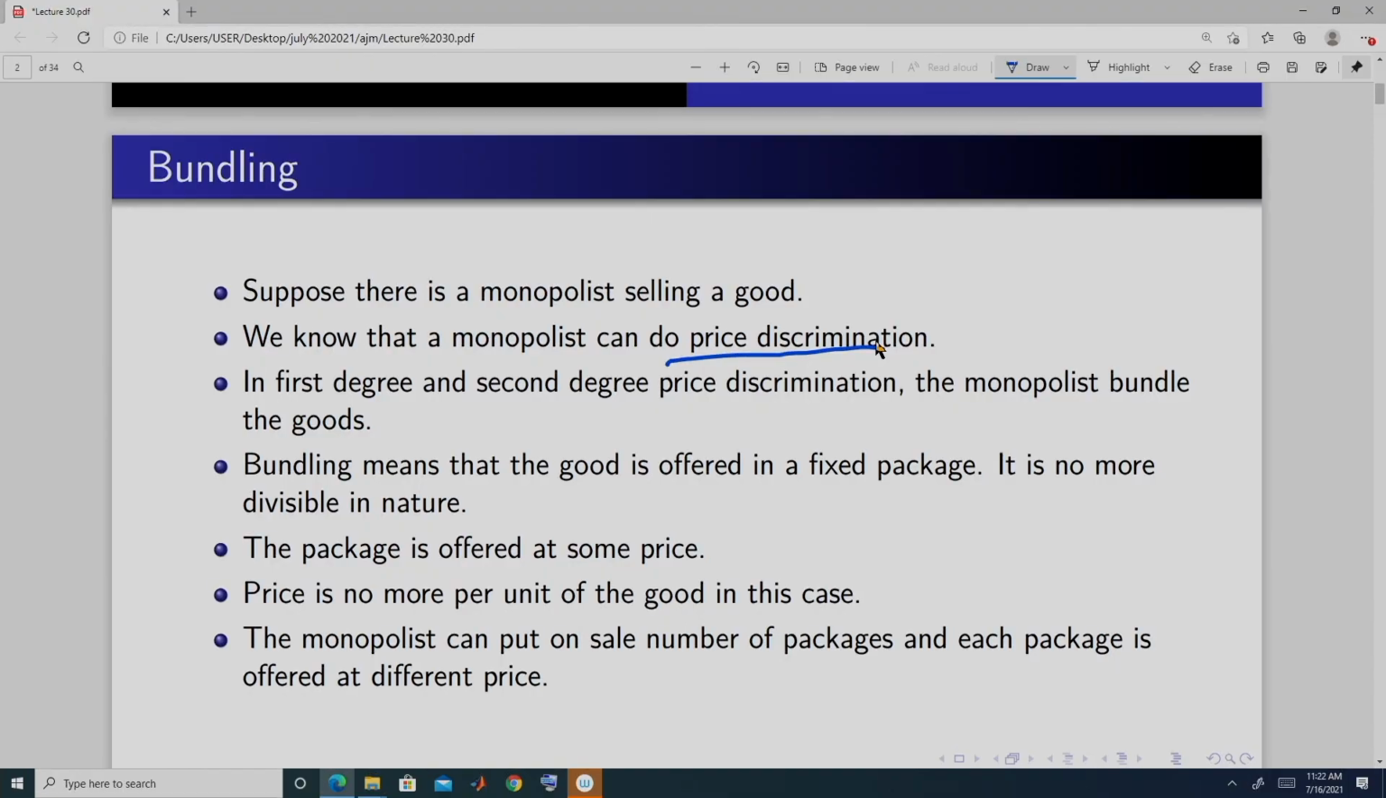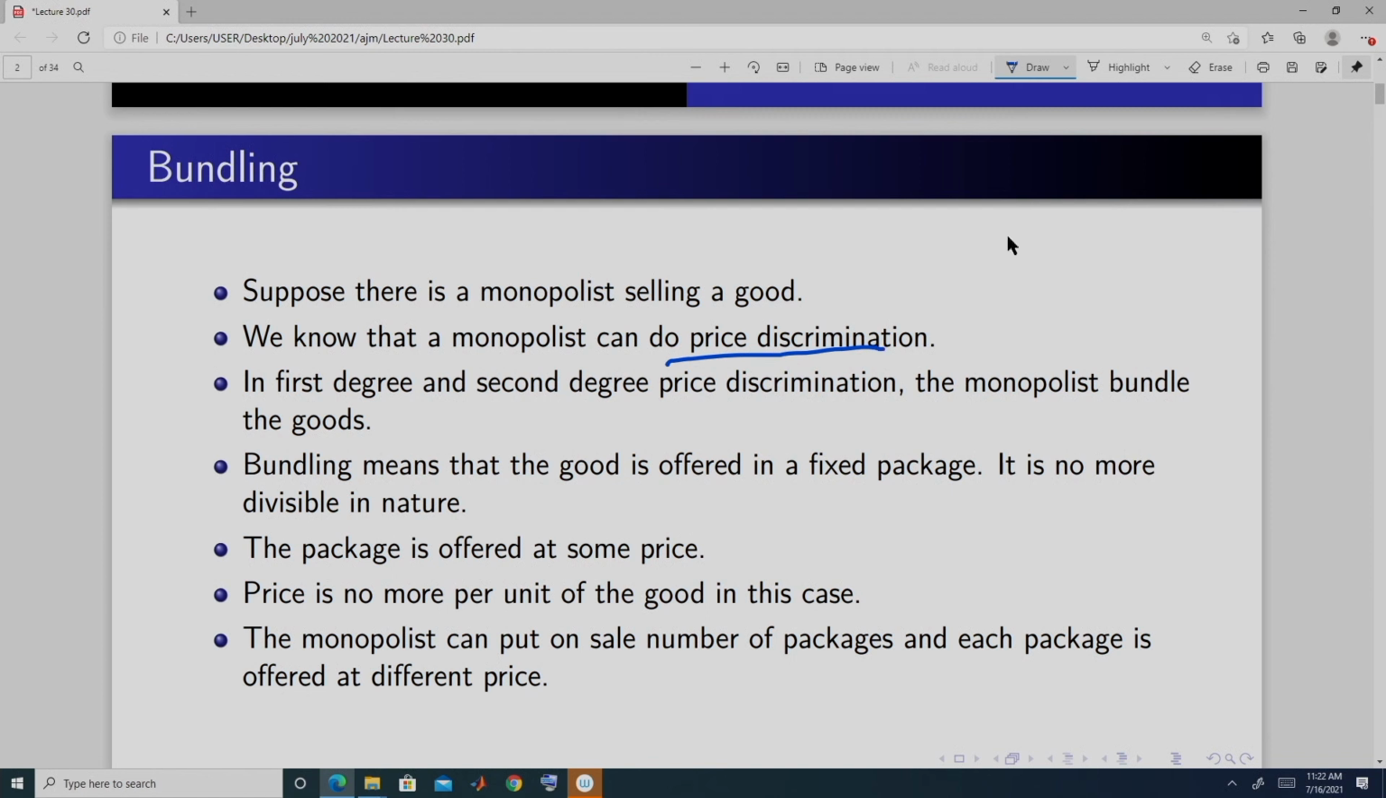Like in our case, till now we have assumed that the goods are continuously divisible. So, you can get any quantity you want, but if it is packaged, then it is only available in fixed quantities. You cannot change that quantity. So, that divisibility property is gone. So, the monopolist can also do that. We have seen that in first degree price discrimination, where we derived that the whole bundle